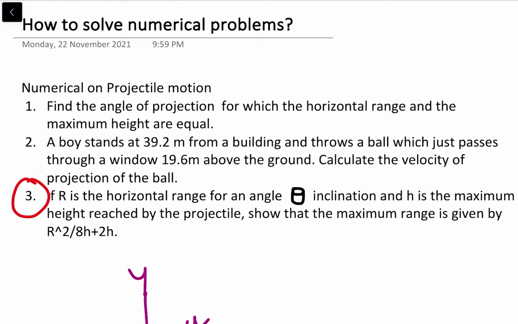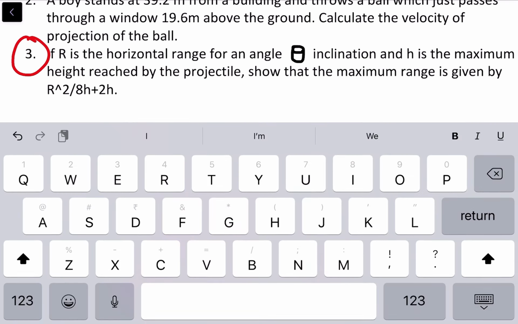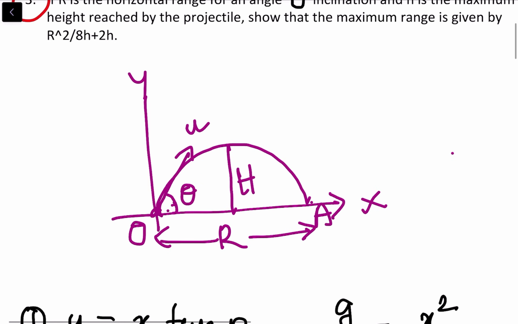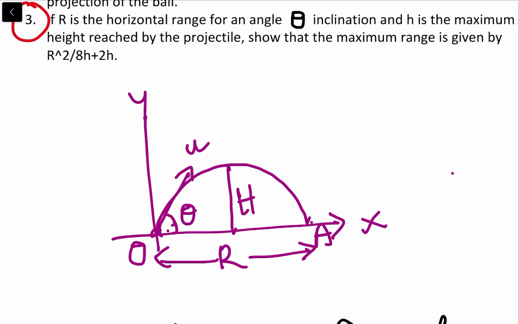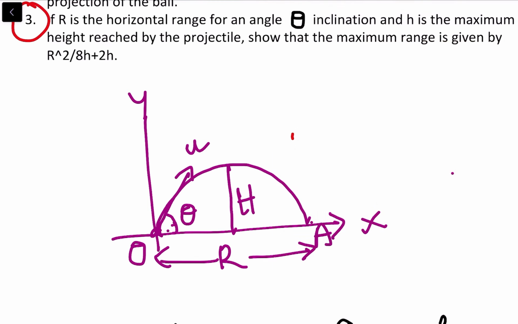This is our problem. R is the horizontal range, theta is the inclination, you can see the figure. R is the range here and theta is the inclination here, and now what else they have given in the problem. H is the maximum height, you can see, and then we have to show